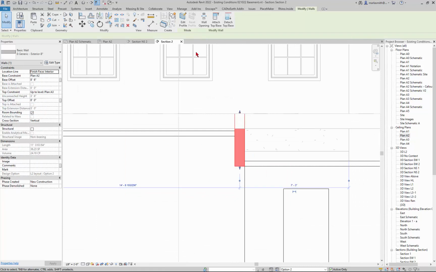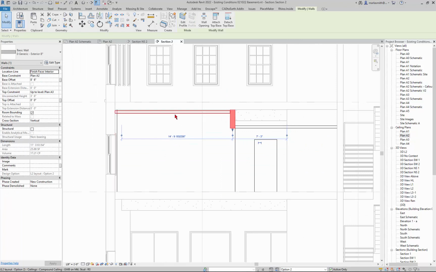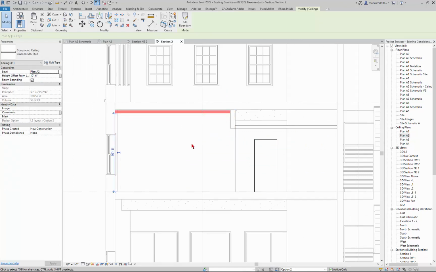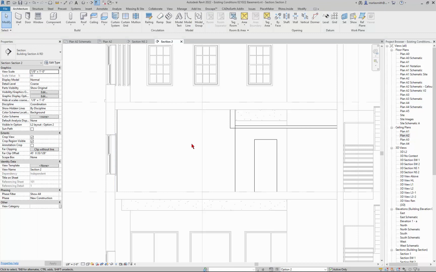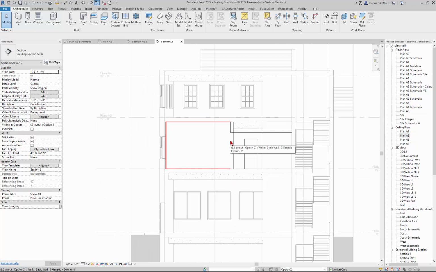This guy, you can attach top base to the floor again, and this is so close to the floor, maybe it does go all the way up, so you don't even have a ceiling in here, it's just exposed flooring, and somehow you're side feeding the vent through here. So lots of different ways of dealing with the ceilings. If you need a really custom ceiling or something like that,